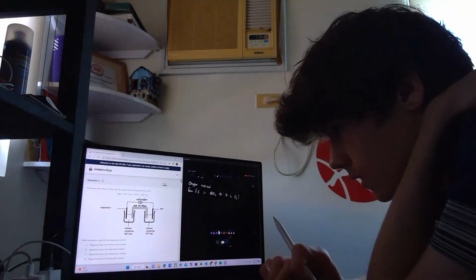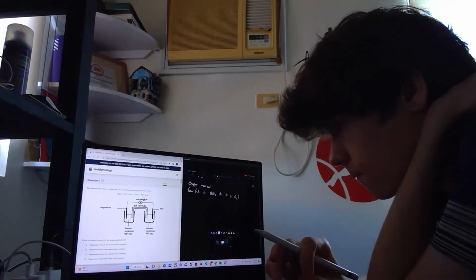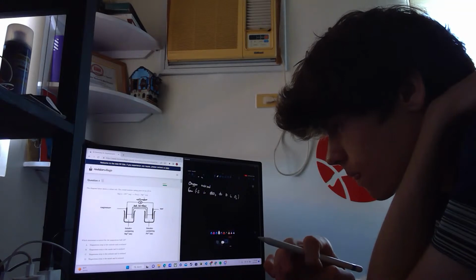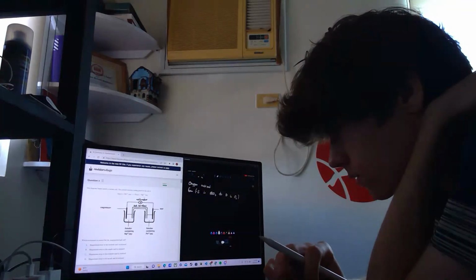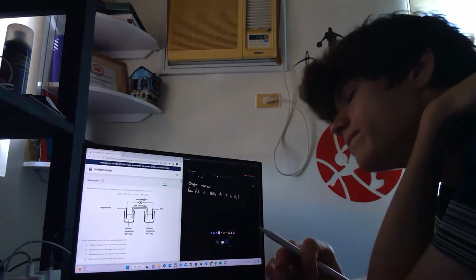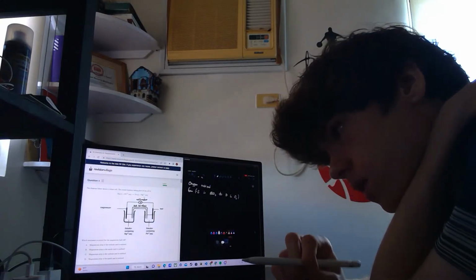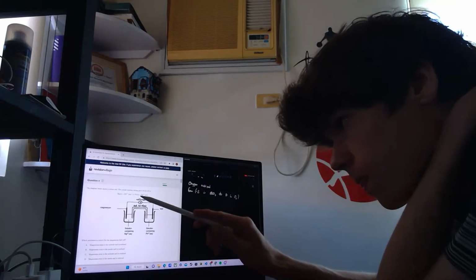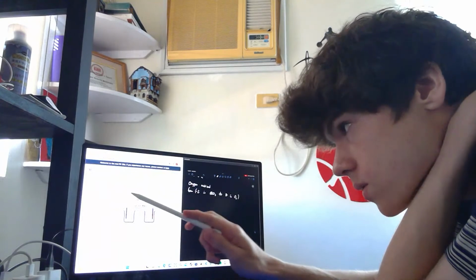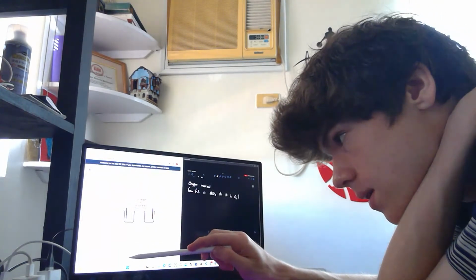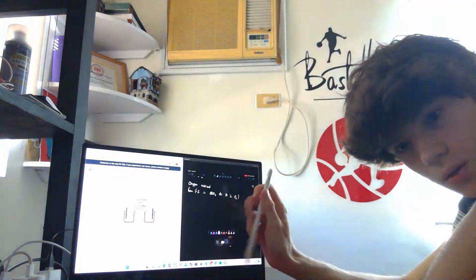And this is a voltaic cell, meaning that at the cathode it'll have a positive charge, if I'm not mistaken. So we already know this one. Okay. So we know the magnesium strip is oxidized. Now I just need to determine whether it's at the anode or the